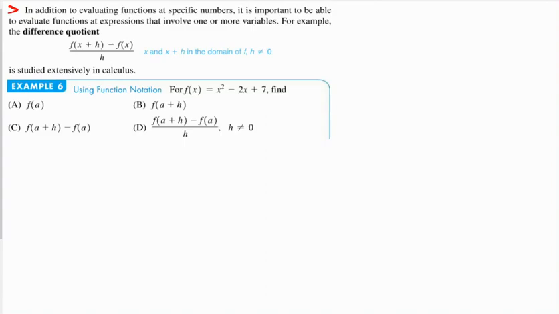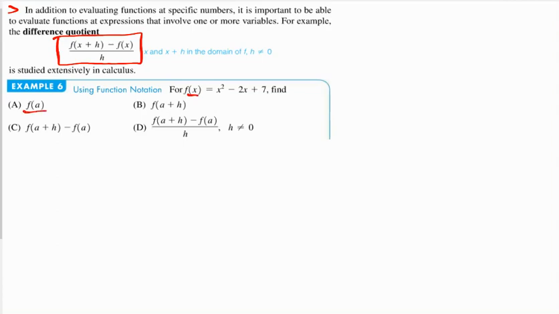In addition to evaluating functions at specific numbers, it is important to be able to evaluate functions at expressions which involve one or more variables, for example, the difference quotient. This is studied extensively in calculus, and example 6 is going to walk us through the stages for evaluating the difference quotient. So given a function f of x equal to x squared minus 2x plus 7, we can evaluate